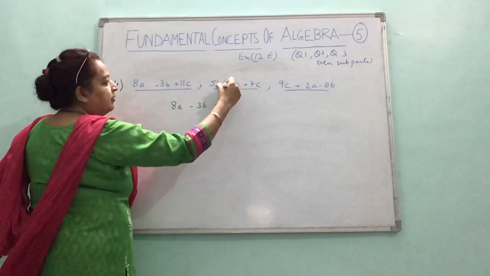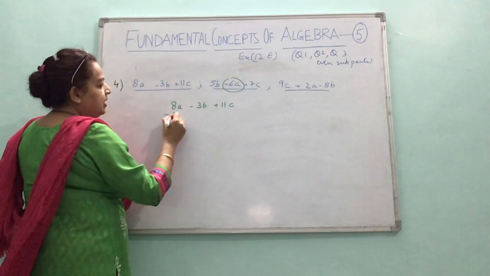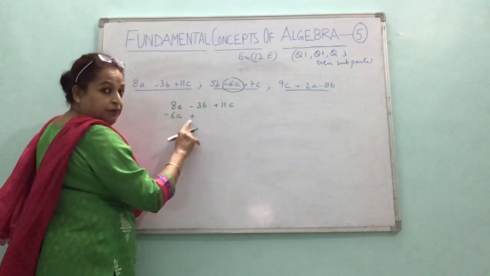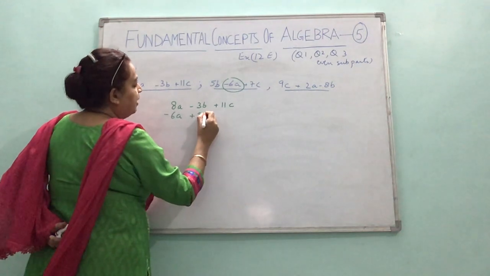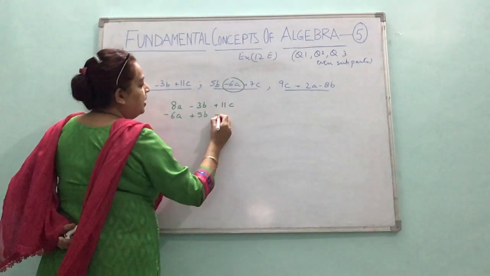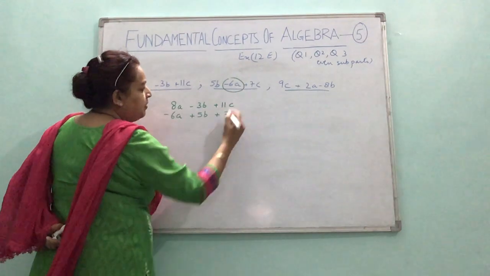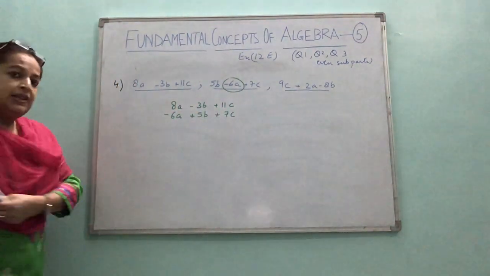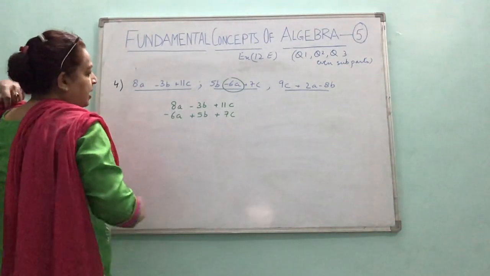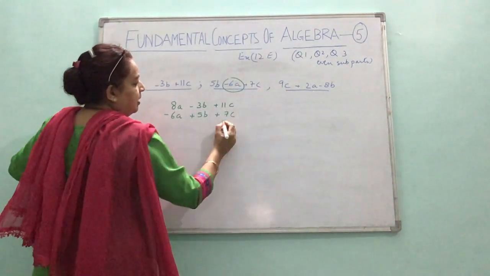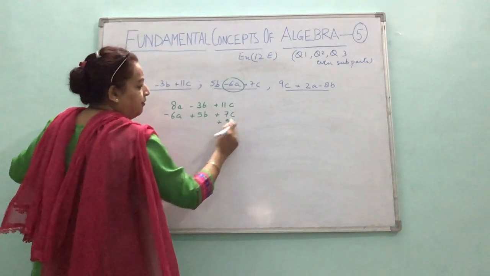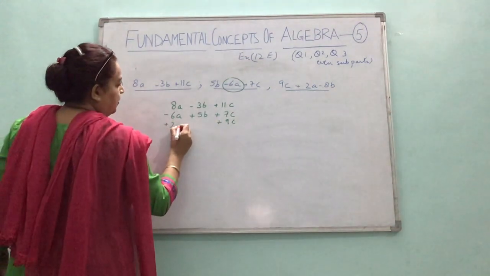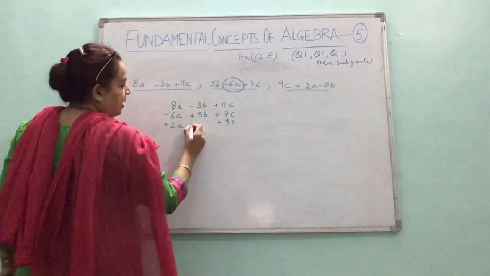So I'll copy this one, minus 6a. Then the b term. Now no sign here, so it will be plus. Don't forget it will be plus 5b. Then underneath, 7c. One below the other very neatly, so that addition is not a problem, and you take care of the signs. Then next one, c, plus 9c. Don't forget to put this plus sign. Plus 2a, and minus 8b underneath the b term.